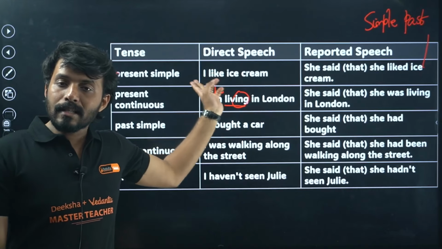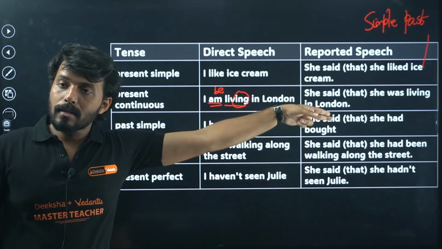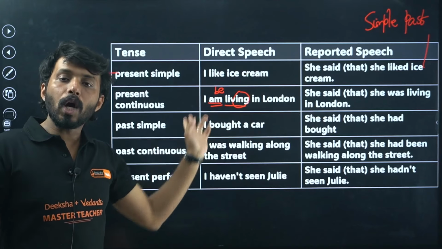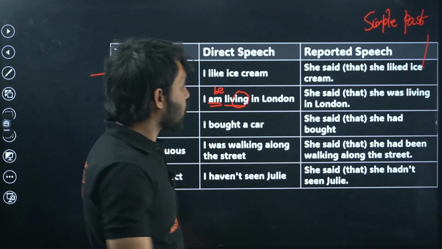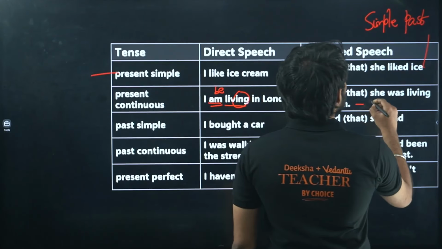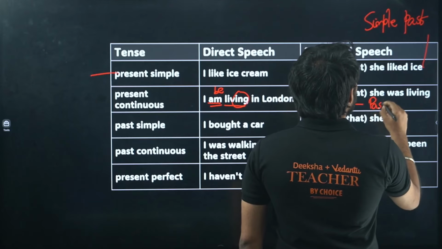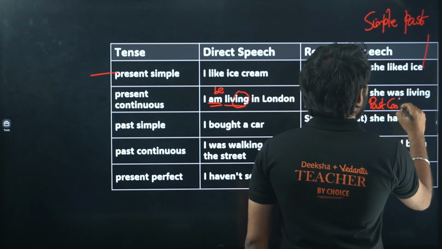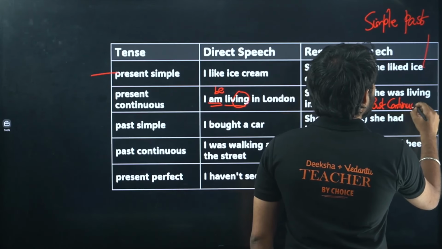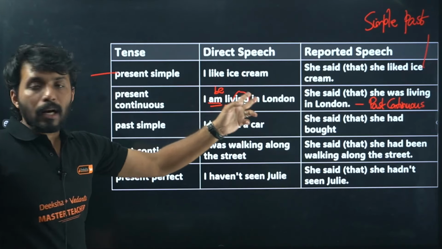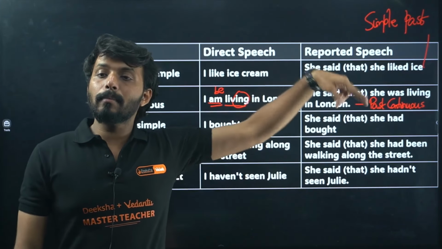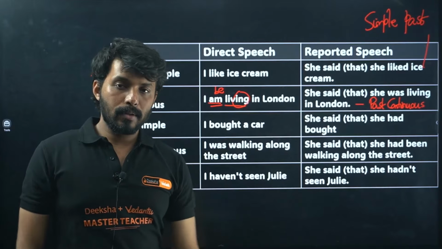So if present simple gets converted to past simple, what will present continuous get converted to? Past continuous. Correct. So this sentence, she said that she was living, is in the past continuous. So if I am living in London is in the present continuous, when reporting it becomes past continuous. Next,